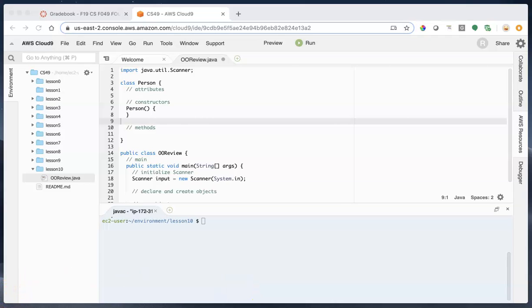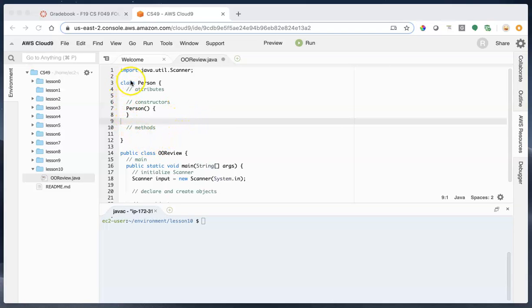Hello. So today we will talk about object-oriented programming. Objects are things that exist in the real world, such as an online movie rental or a credit card transaction. For this lesson, we will define an object that represents a person. To create a person object, we need to create a definition for the person, and we do that by writing